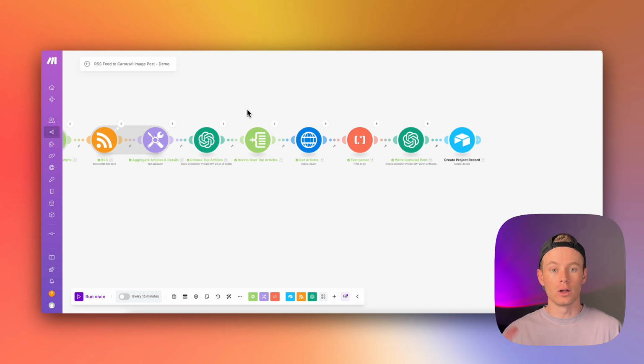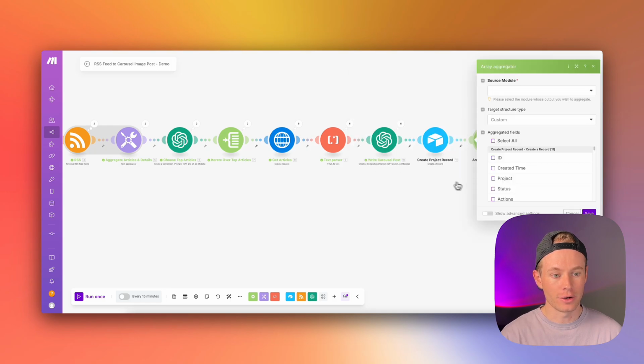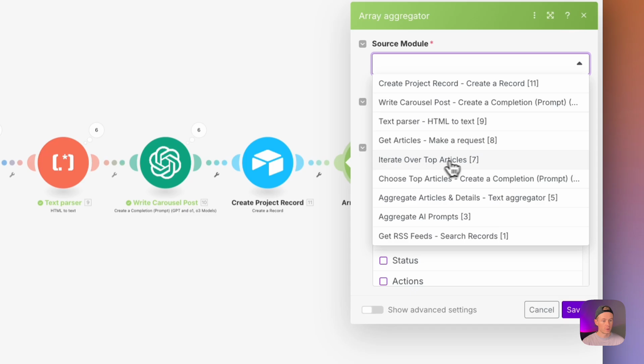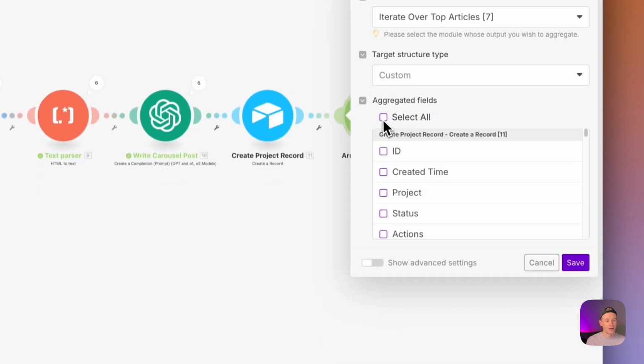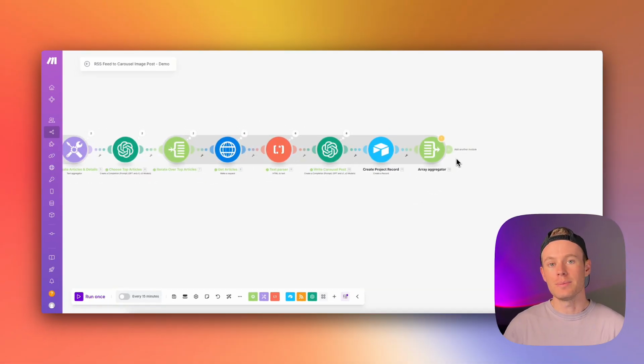Now we want to aggregate all of these steps from here on. So we're going to add an array aggregator. Source module is going to be this iterator module, so number 7, I believe. And let's just aggregate all of the fields. We'll just select all. This way we only get 2 emails, one for each RSS feed that was processed through